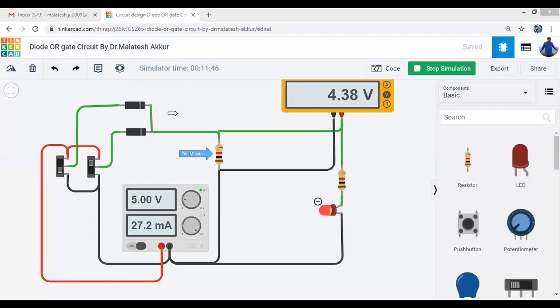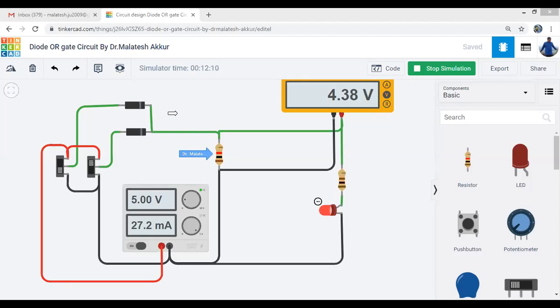From Ohm's law we know I is equal to V by R. So I will change if I change the V or if I change the R. If I increase the resistor, the current will decrease and vice versa. But I is proportional to V. If I increase the voltage, the current also increases. If I decrease the voltage, the current also decreases.